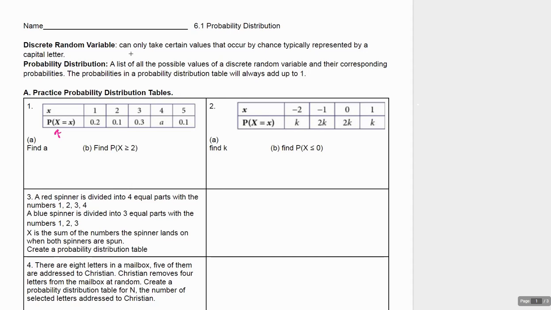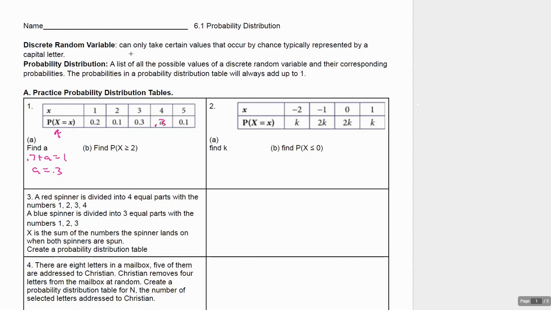Well, let's think about it. What's 0.2, 0.1? That's 0.3. 0.3 is 0.6, 0.7. So basically what we're going to end up with is 0.7 plus A equals 1. A's got to be 0.3, right? Right. So if I make it 0.3,